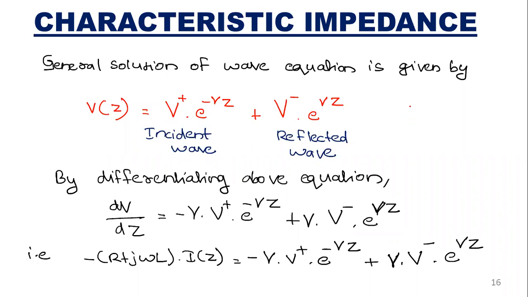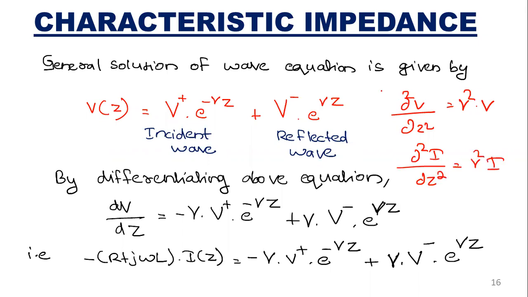So what were the transmission line equations? We derived them like ∂²V/∂Z² is equal to γ² into V. Similarly, for current, ∂²I/∂Z² is equal to γ² into I. So these two equations we derived. This is very important from an examination point of view. This is a very typical derivation that they ask in the university exam. So understand and study, and from the equation, by using differential equations, we will get the solution.